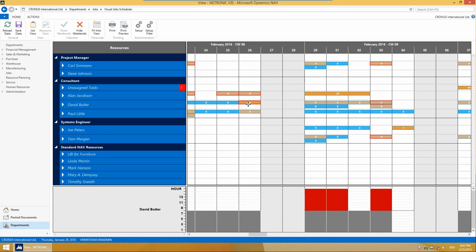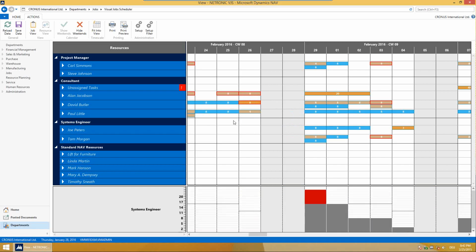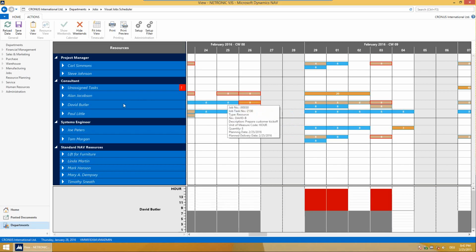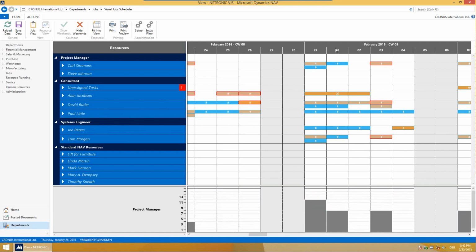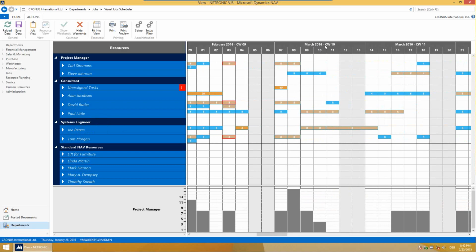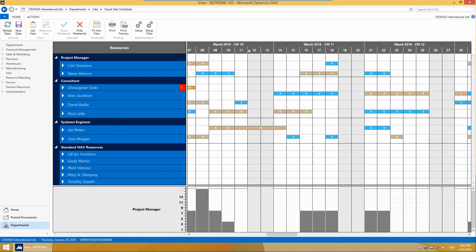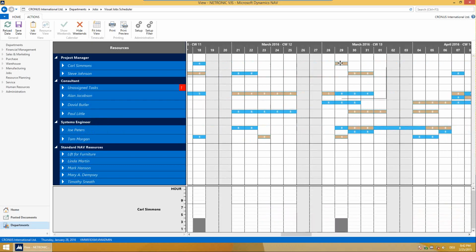So when we spoke to our customers and when we discussed this kind of product with them, we learned that a lot of customers differentiate between short-term and mid-term planning. In short-term planning, they actually want to decide that this task needs to be done by David, whereas this job needs to be taken care of by Paul. But when they do mid-term planning, they would prefer to have a scenario like this, where they say, okay, in May here or in March, we will have a couple of activities,